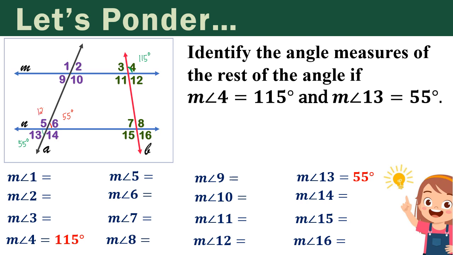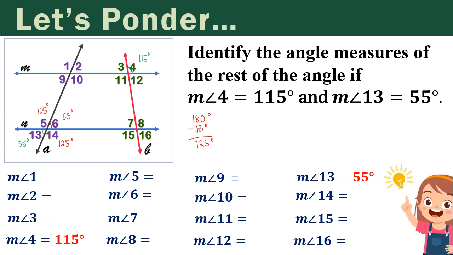That is 125 degrees. How did we get 125 degrees? We're gonna have 180 minus 55 degrees. So we're gonna have 125 degrees. Alright? So now, after that, the angles 5 and 14 are considered vertical angles. Thus, this is also 125 degrees, the angle 14. Okay, we're done. And now, let's move on to the upper portion of our illustration.